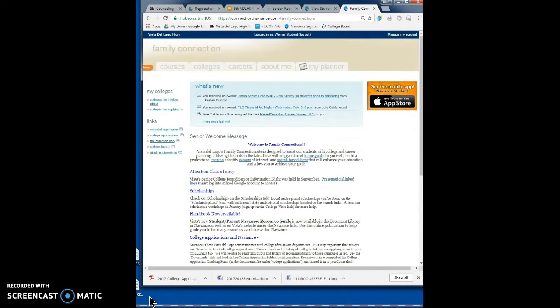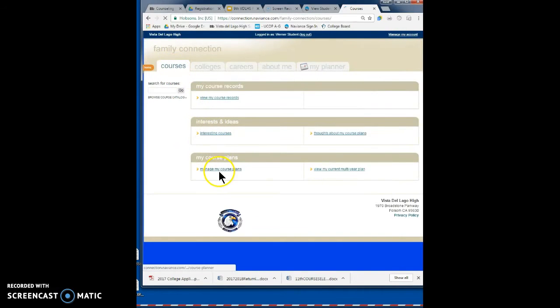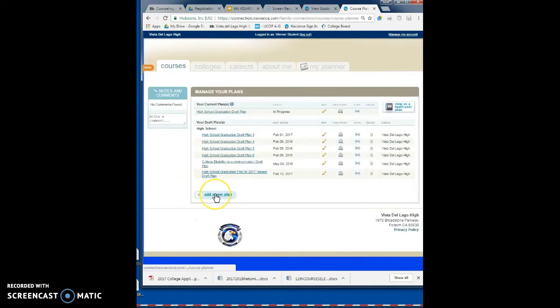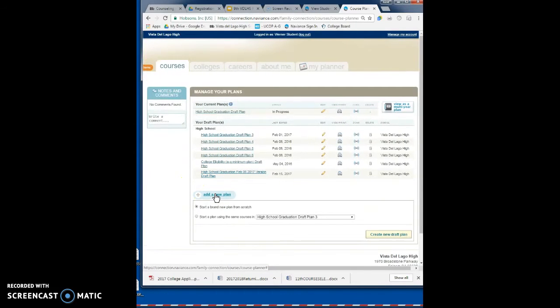Instructions for logging into your Naviance account have been included in your registration packet. Once you've logged in and you get to the home screen, you'll navigate to Courses and then Manage My Course Plans. You're going to be starting a new plan, so you click Add a New Plan and Create New Draft